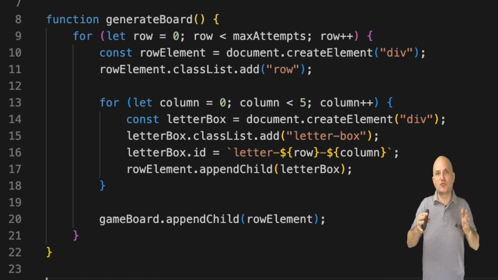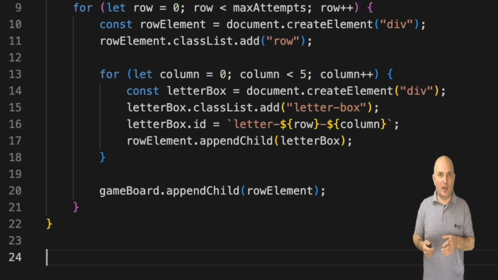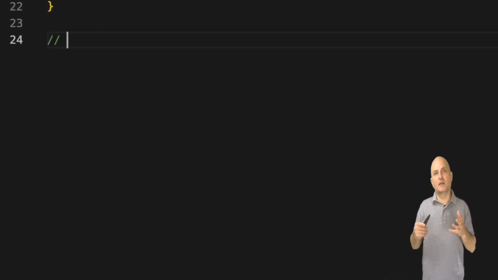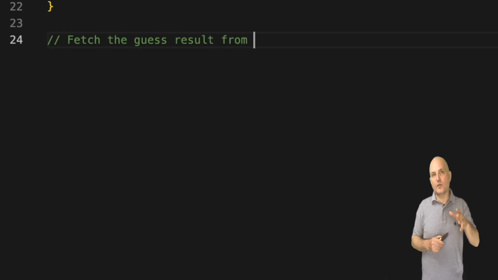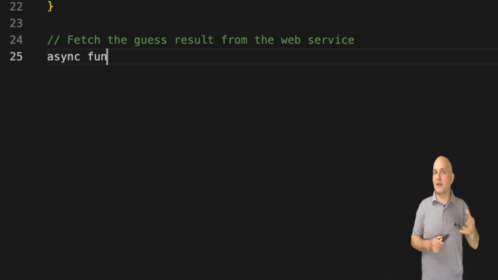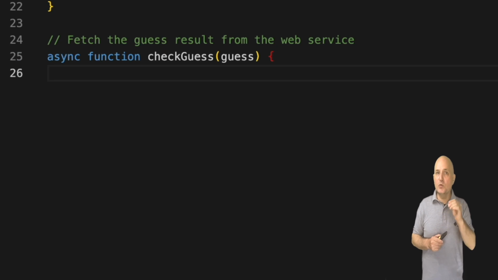We could have just written a lot of div entries with the right ID and class attributes. It would have worked exactly the same way, but it's not as flexible as just generating the divs dynamically. This is an interesting part. We have the method that checks the guess made by the user. Notice it accepts the guess string as an argument. In JavaScript, it's enough to just give it the name of the argument without giving it the type.